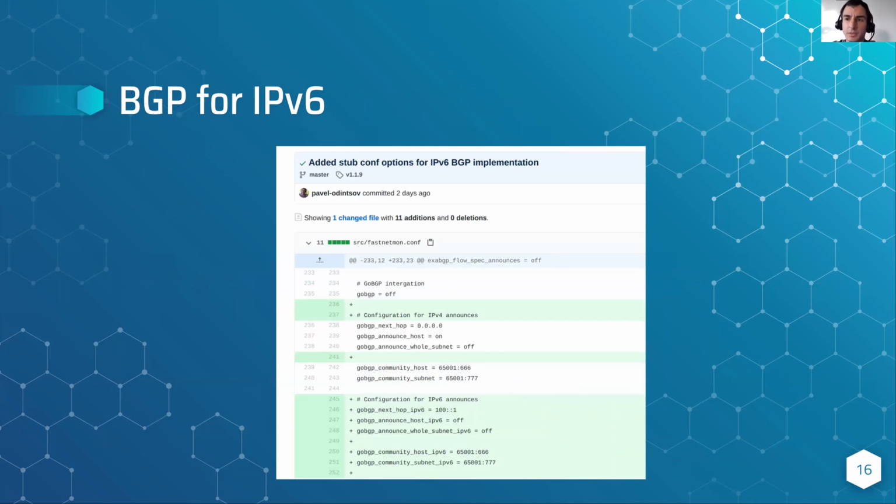And as this project was successful, we enabled an option to notify your border routers or different BGP speaking devices that you are under attack using custom community and next hops. And one of the things that's very, very good is that for communities, nothing changes, because we just used exactly the same logic as IPv4.